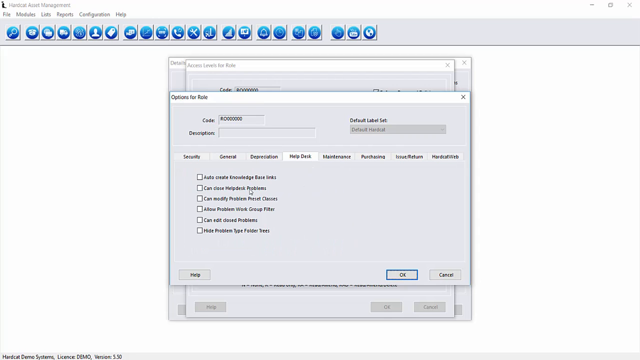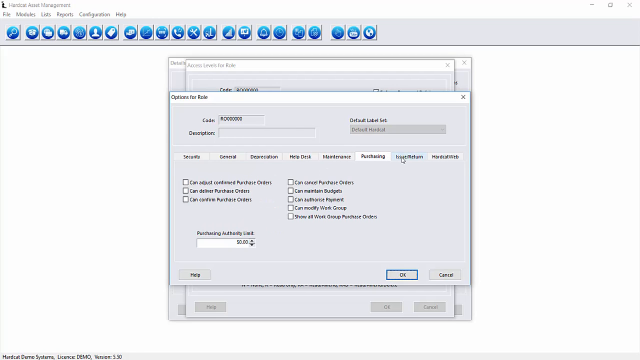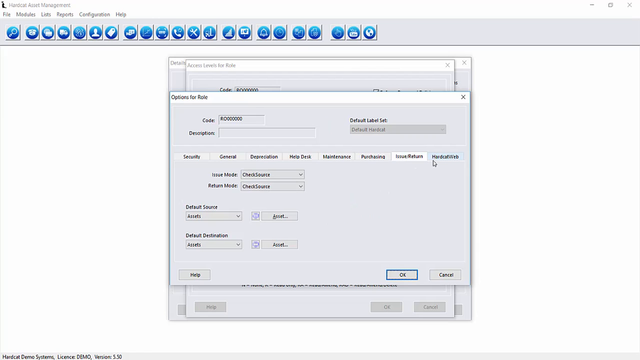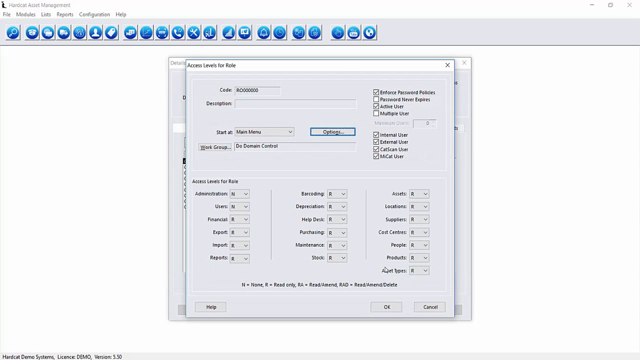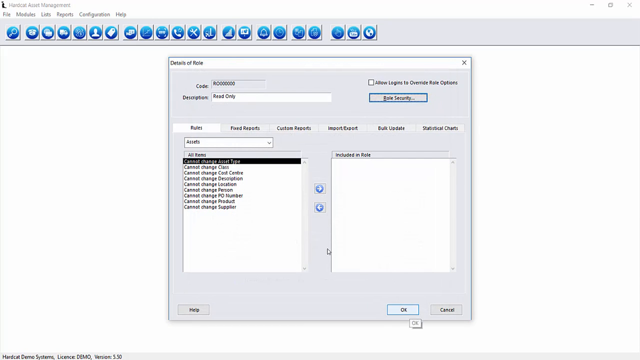Again, we don't want our person to be able to create help desk problems as they only have read access anyway. They can't get access to the new functionalities there. Maintenance, purchasing, there's no need here to change any purchasing rights with our default issue return and our Hardcat web access. So if our user is a web user as well, we can allow them access to the different areas within Hardcat web. We can press OK to save, and OK to save this account, and OK to save the